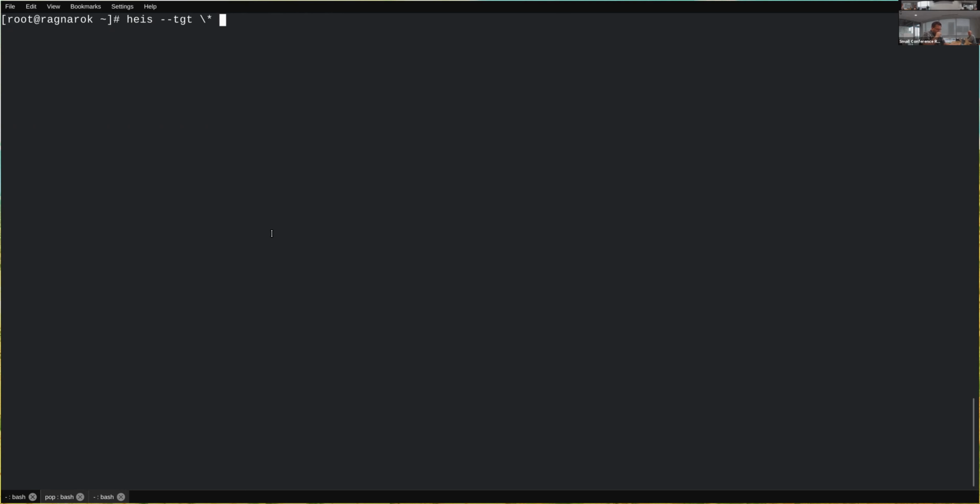Now, the difference with Heis is that what I'm going to do here is initialize a Heis connection. All this Heis connection does is distribute the minion and set up the tunnel. Now, if we take a look at how all of this is working, let me run Heis-help.